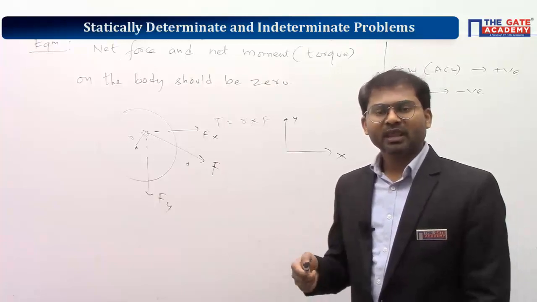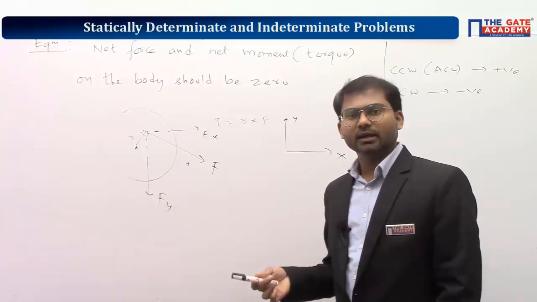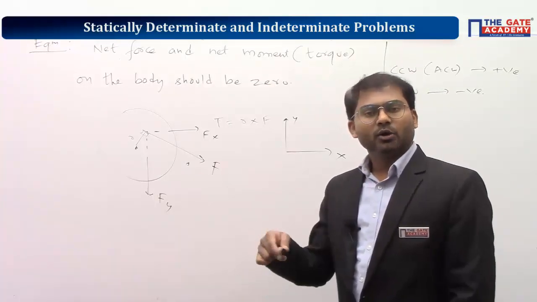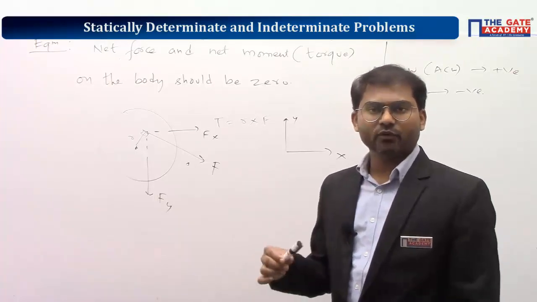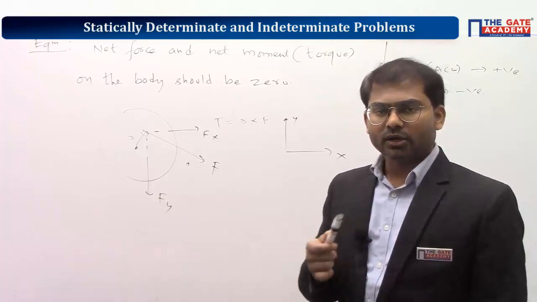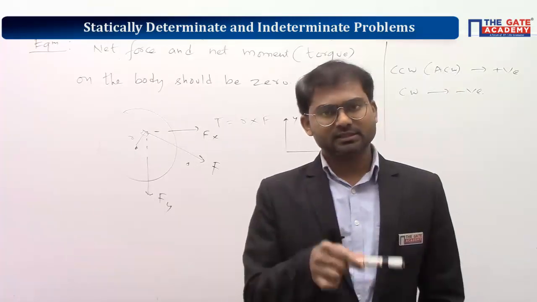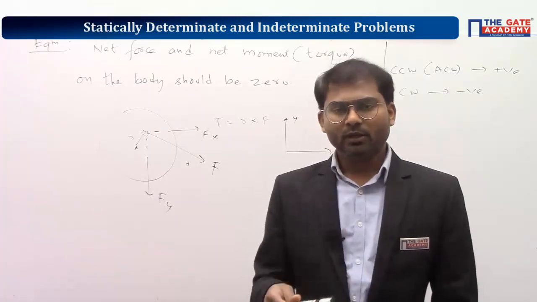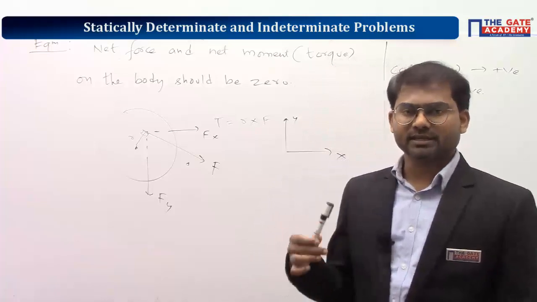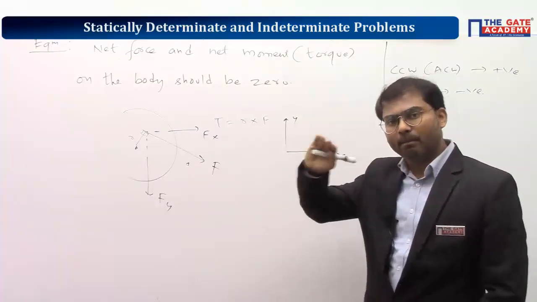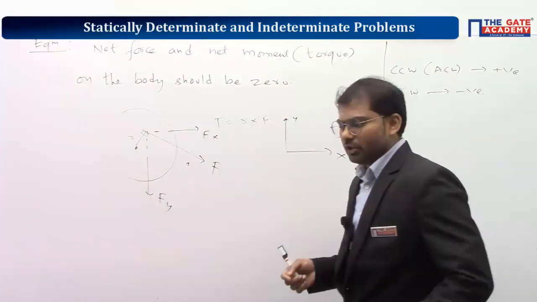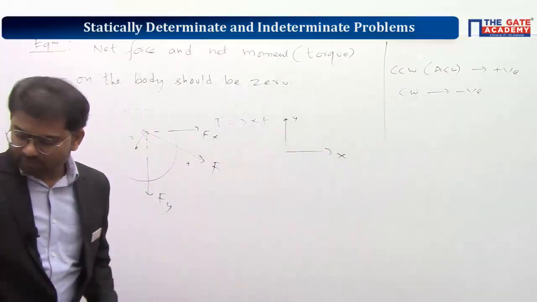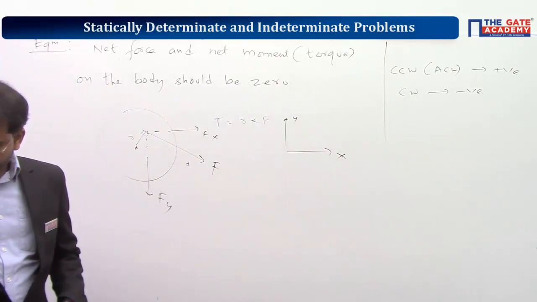In the same way, if the force is acting along y and z, the rotation will be occurring about the third direction, that is x. If the force is acting along x and z, rotation will be occurring about the third direction, that is y. So if the force is acting along x and y, rotation will occur about the z-axis. Understand?